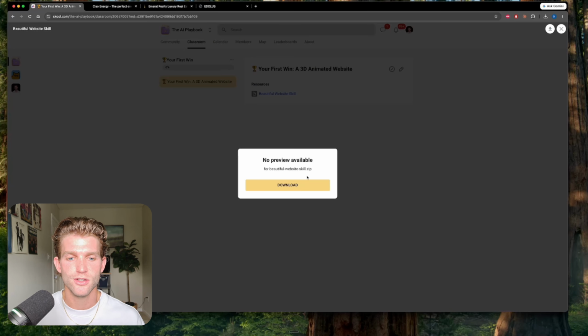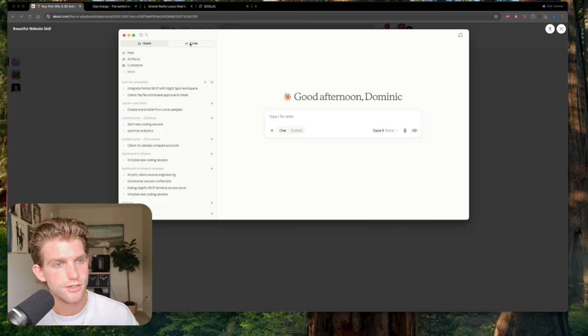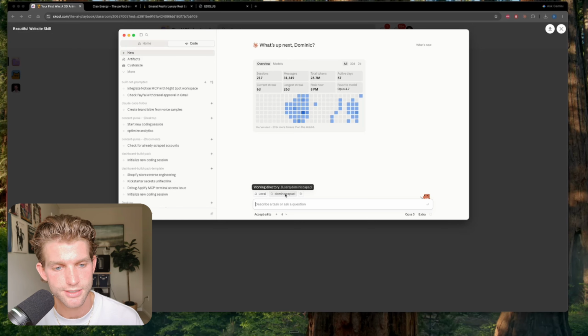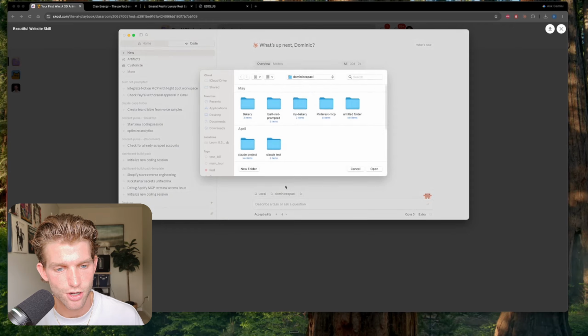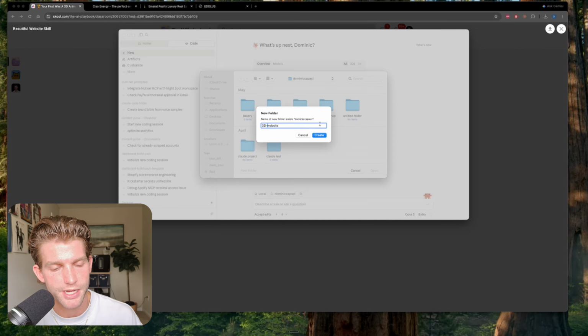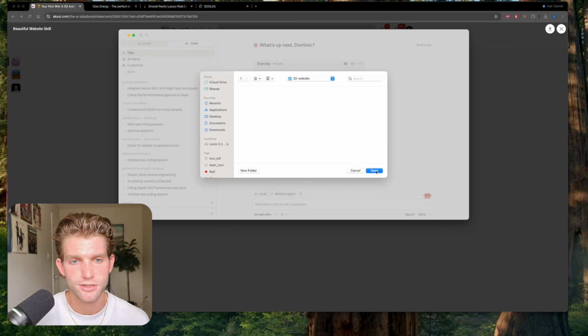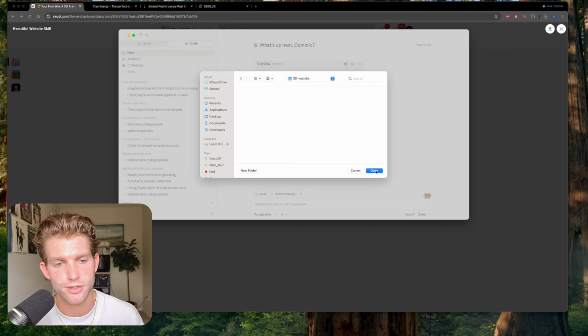Like I said, all you have to do is download this skill file. While that is downloading, head over to your Claude desktop app, head into Claude Code, and then click whatever selected file is currently here, whatever the working directory is. When you click on that, just hit open folder, new folder, and then name it something like 3D website, for example. I'm going to make mine all one word and create that folder. And now we're going to open up this Claude Code session in this completely empty folder that we just created